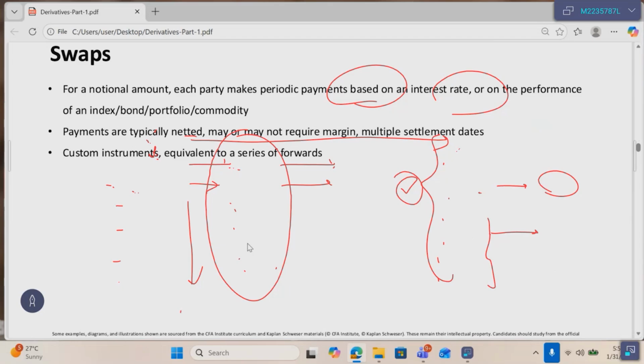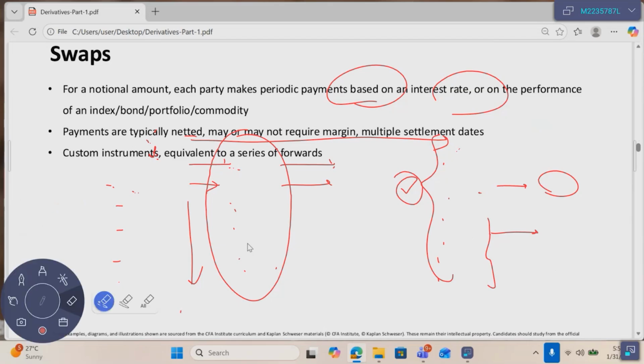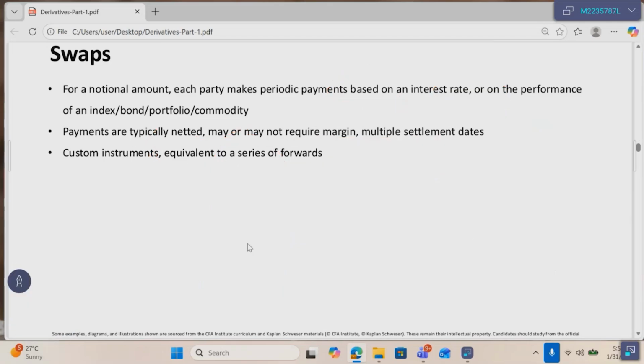Shall we move on to swaps now? In a swap, you're swapping the two instruments. This is nothing but trying to swap your amount or rate or other benefit to someone else who will be more than willing to use them accordingly. So this obviously is when you're getting periodic payments. Quick example: let's say A earns 7% on an FD